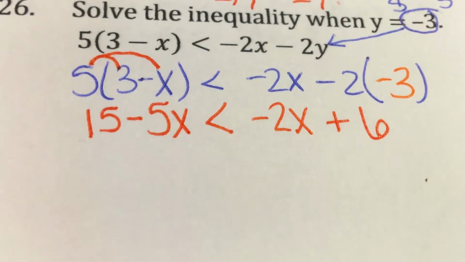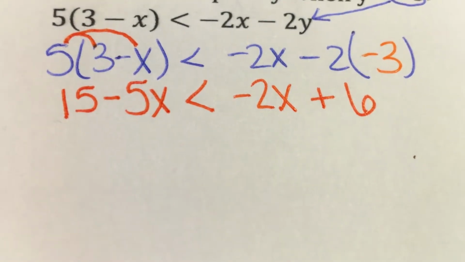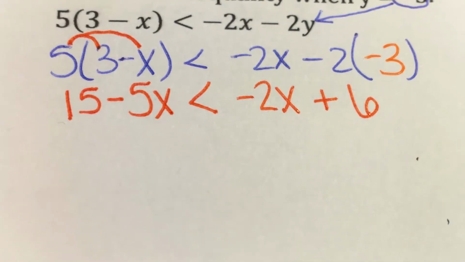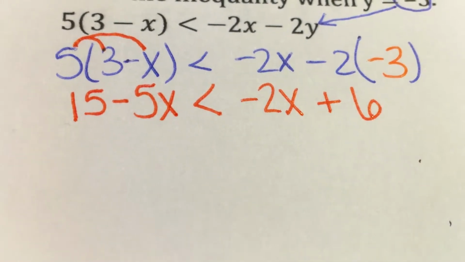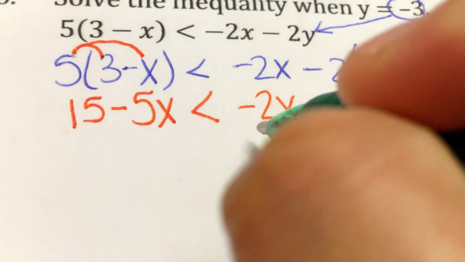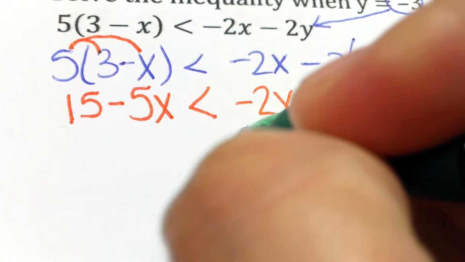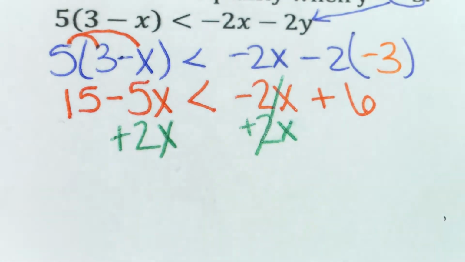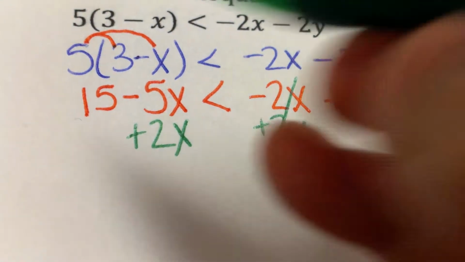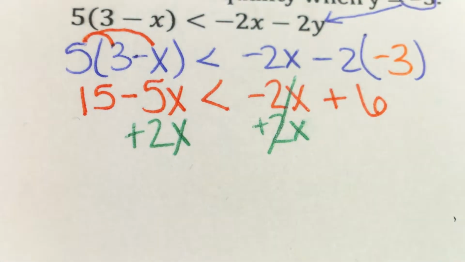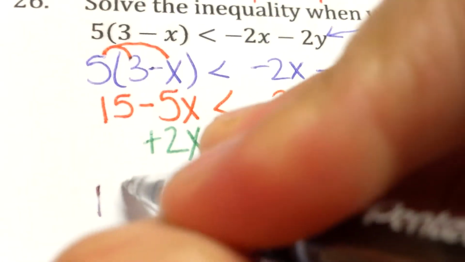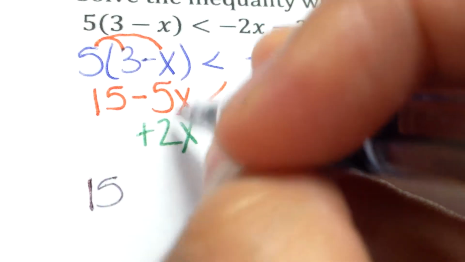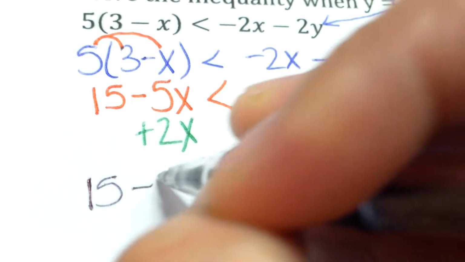Then we have to solve for x. We want x to be on one side, and I like to have the variable on the left. That's just my personal preference. So I'm going to move this 2x to the other side. So I'm going to add 2x because I want to move it over here. This cancels. So then I have 15 -5 plus 2 is -3x